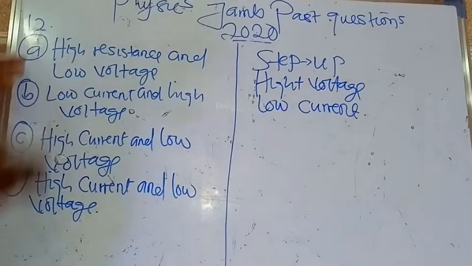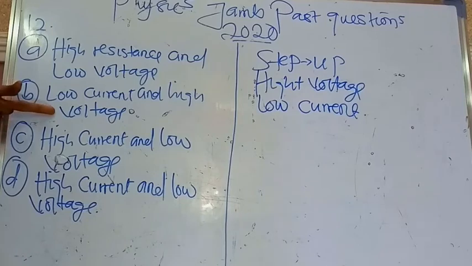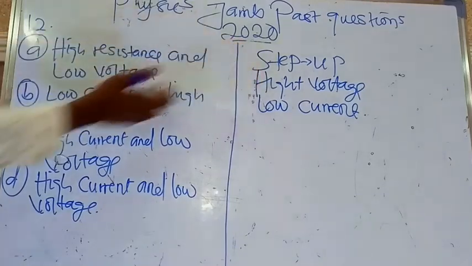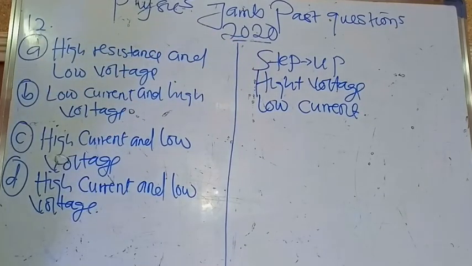So let's see from the options which says this. A, high resistance and low voltage. B, low current and high voltage. C, high current and low voltage. And D, high current. So we can see option B, low current and high voltage. So high voltage from here and low current. So the correct option here is